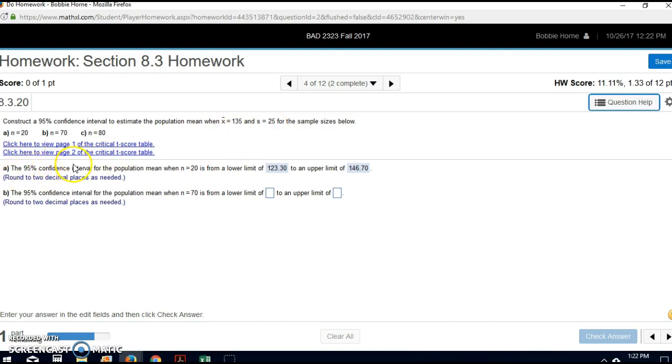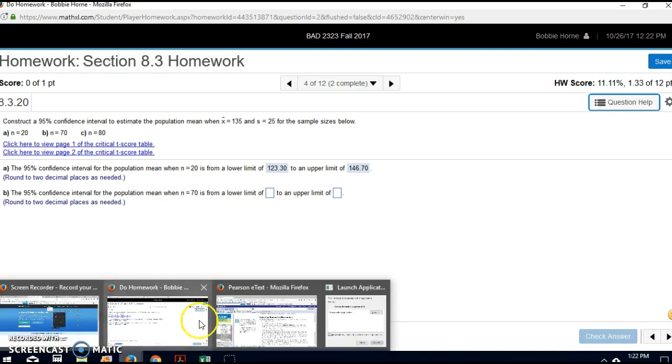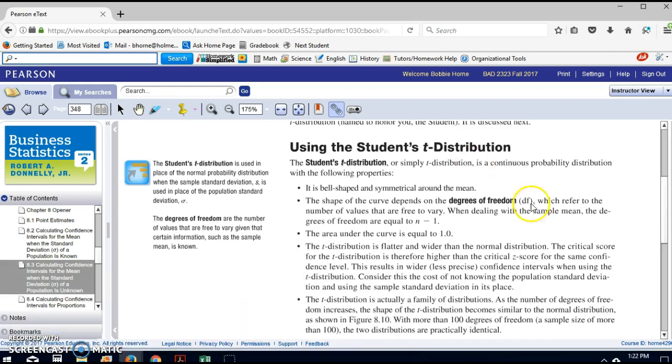I've answered the first one, and I set it up on a spreadsheet, but remember, you can do the same thing on a sheet of paper. I'm just putting it in Excel just so you can see it, but you do not need Excel to be able to do this. So first of all, before I do that, I want to show you in your textbook,